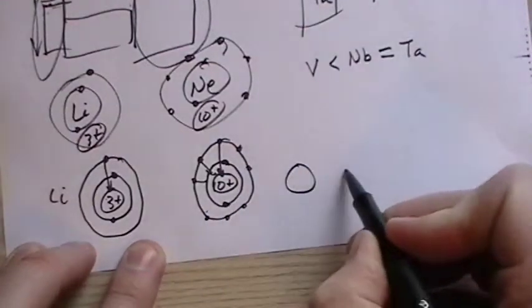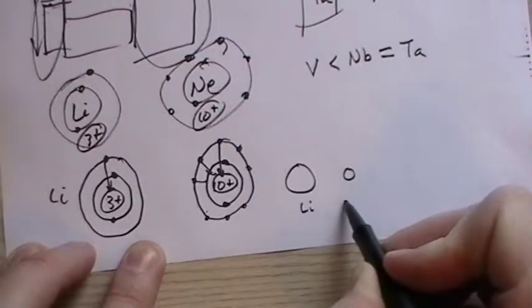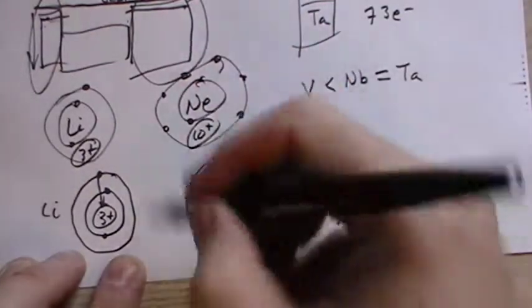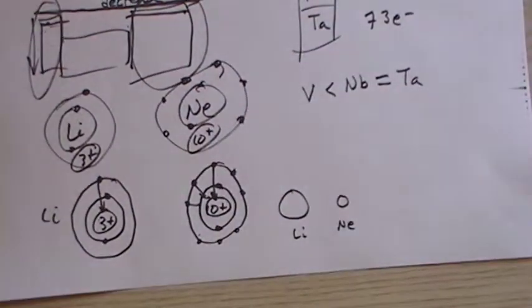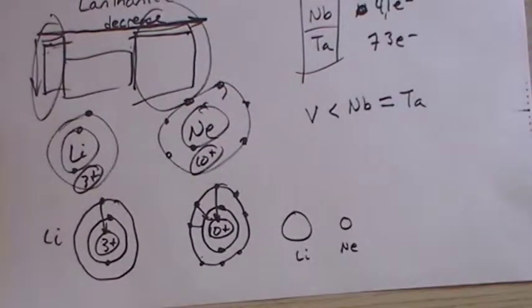So lithium, even though it has 7 fewer electrons, is larger than neon. So as we move across a row and we add in electrons into the same level, it actually decreases the size. Well, if we look at niobium to tantalum, if we follow the building up principle, we see that we go through the lanthanides. We have to add in 14 electrons that are used